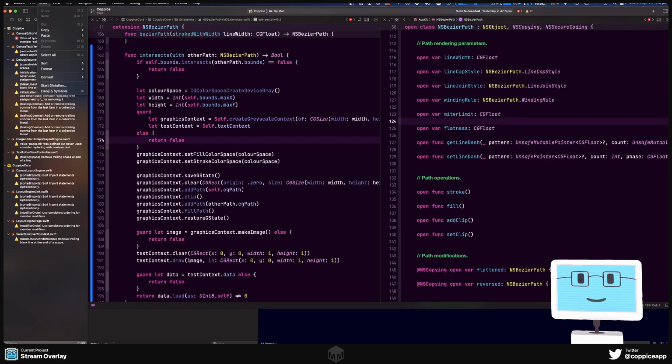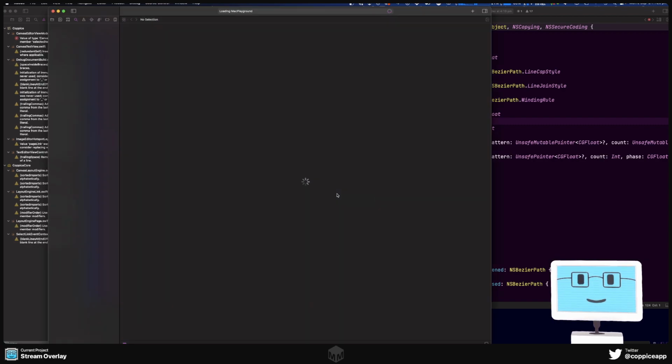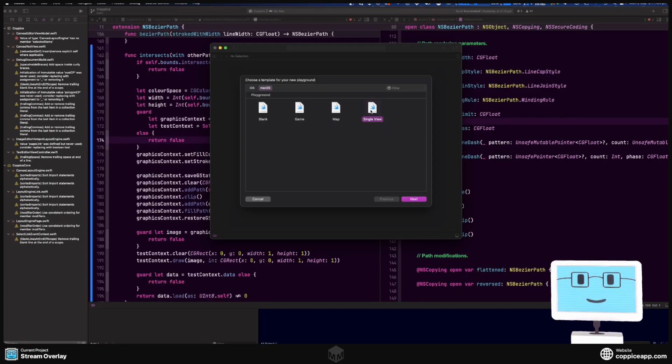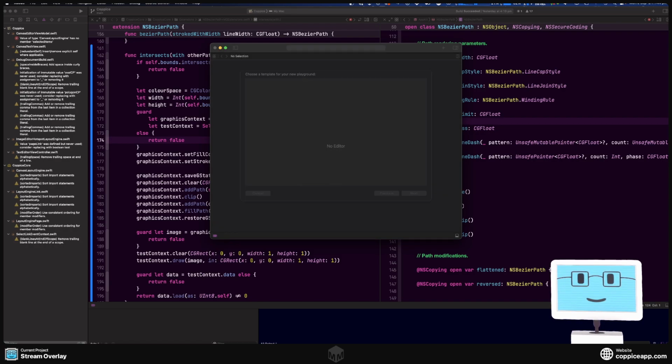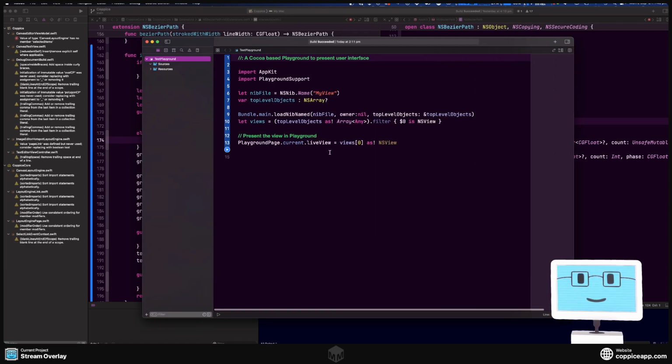Right, I am going to create a new playground. Actually, Mac playground. Let's have. It does not have a view. Okay, so we're going to create a single view one, and I'm going to place this on the desktop. Test playground. And as we have a view,